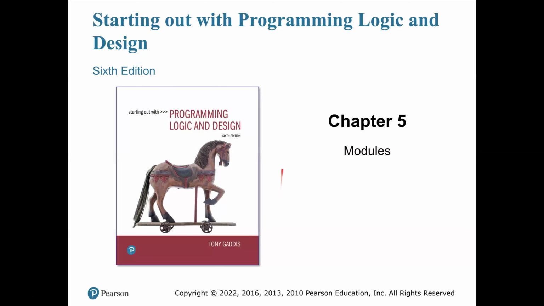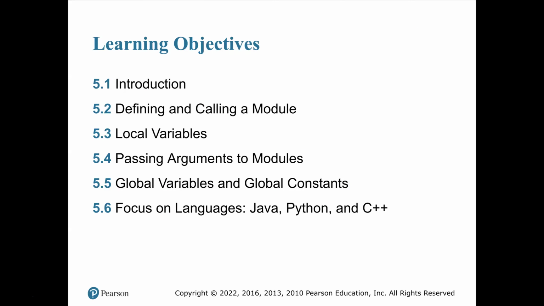Let's talk about modules from chapter 5 of the Gaddis book. So we're going to run through these points about modules. We're going to talk about what a module is, how to define them. We're going to talk about scoping of variables, local versus global variables. We're going to talk about arguments. How do you pass data into and out of modules? And then we're going to look at some specific Java language examples to see how we